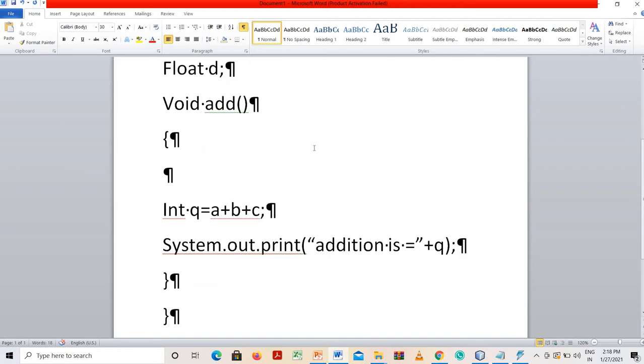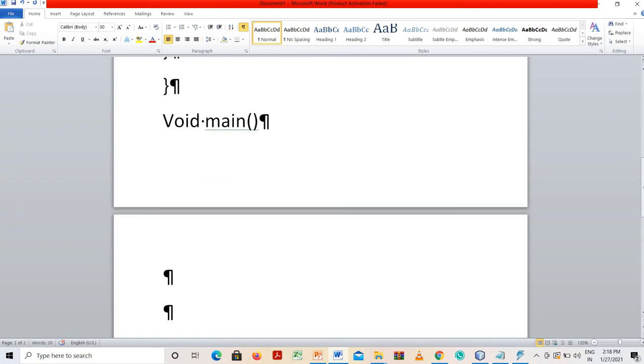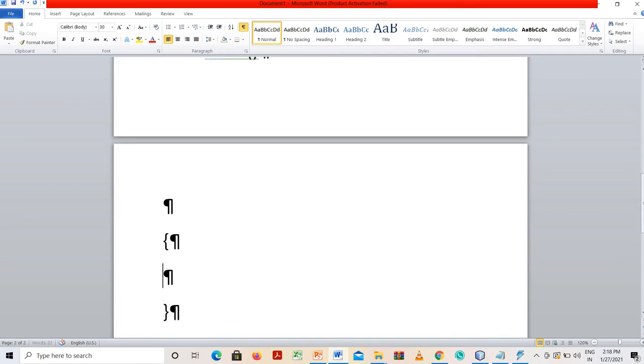Now see, for example there is a void main method. Program execution always starts from the main method.